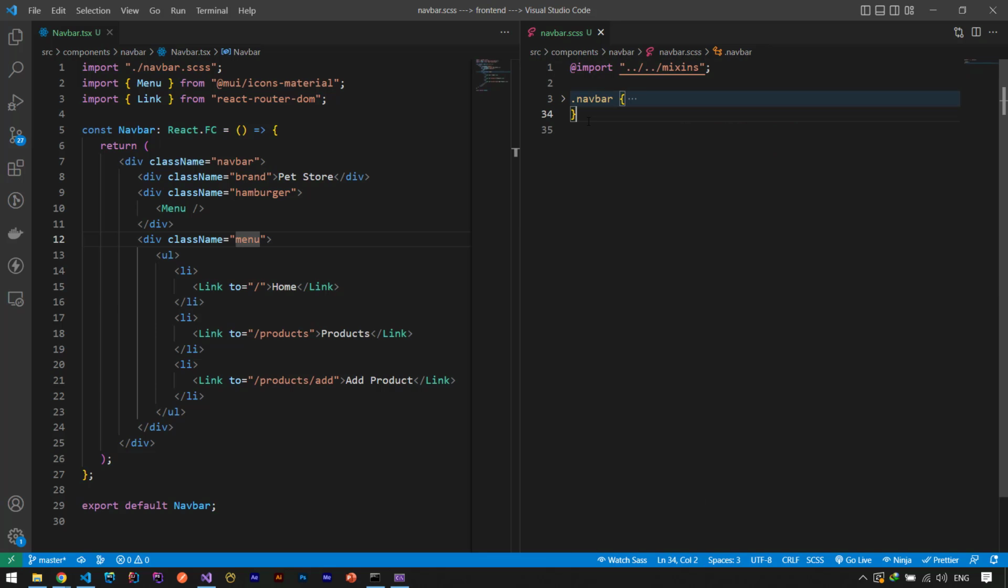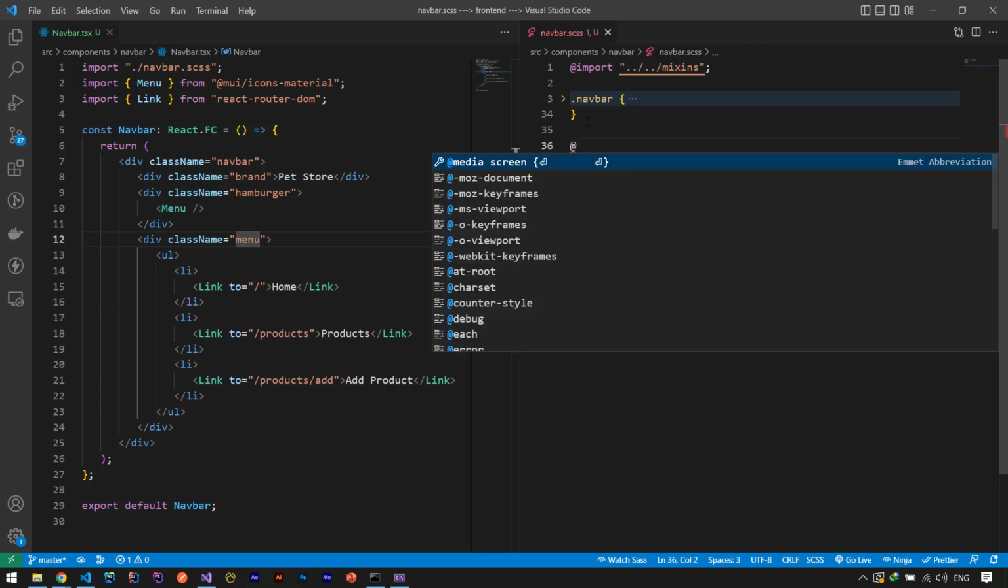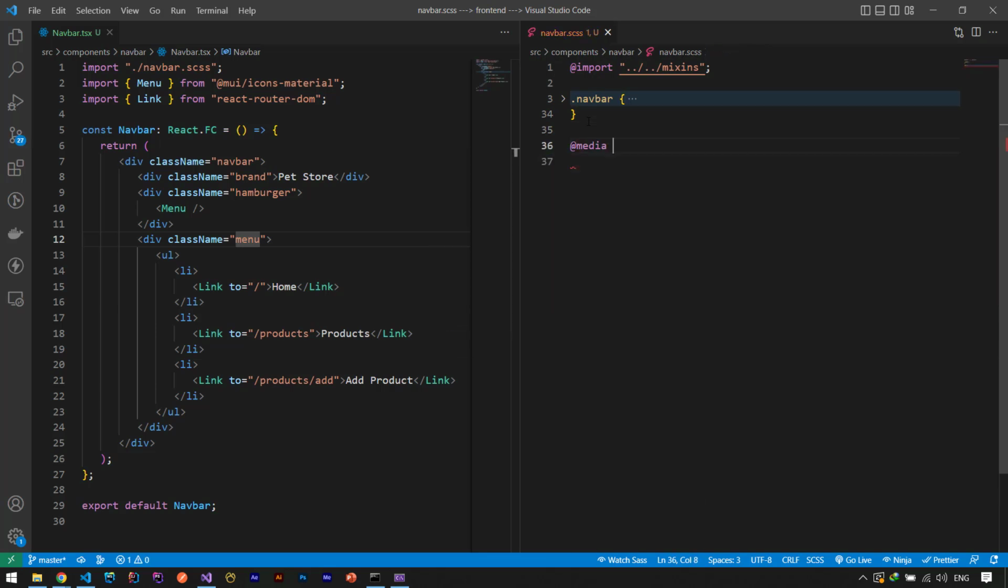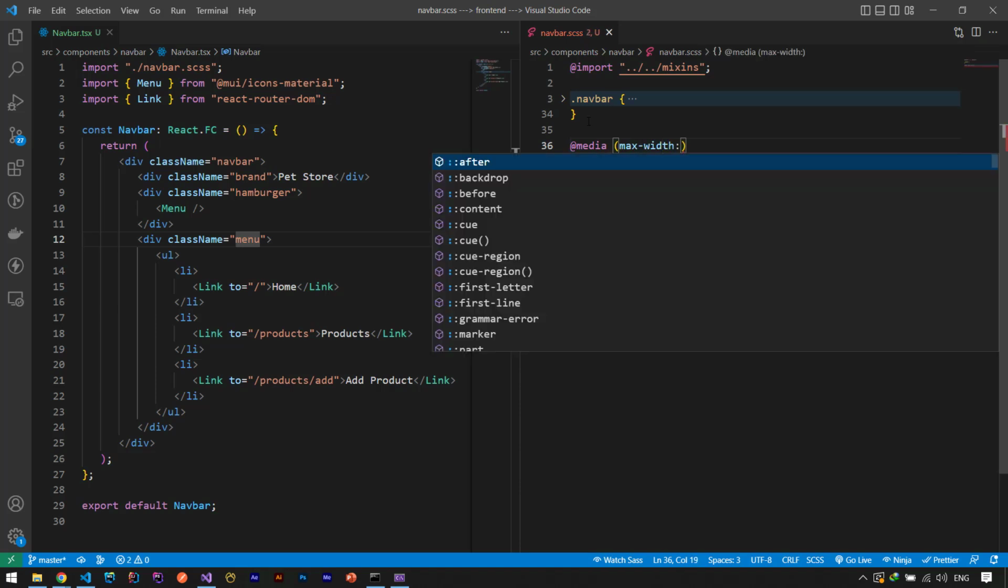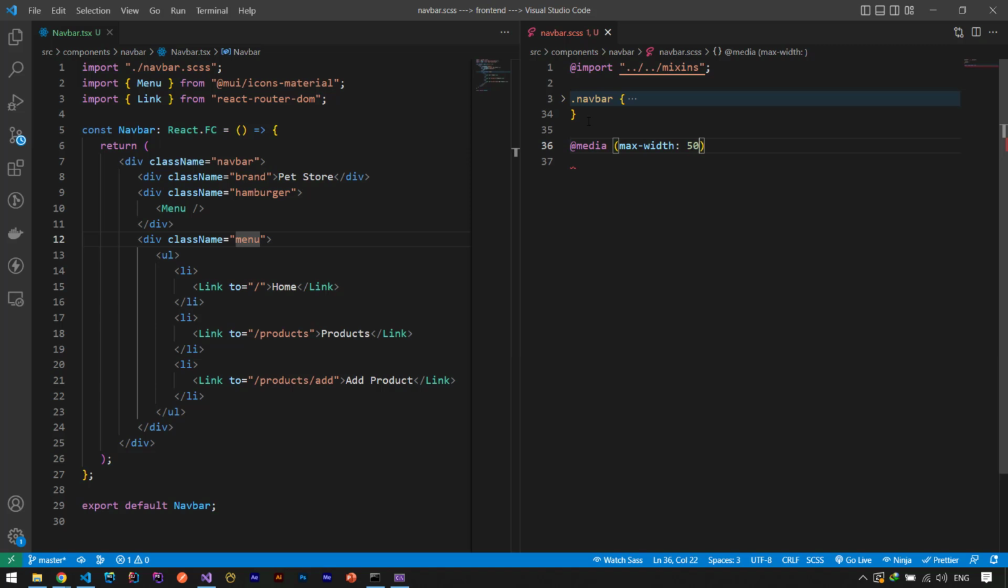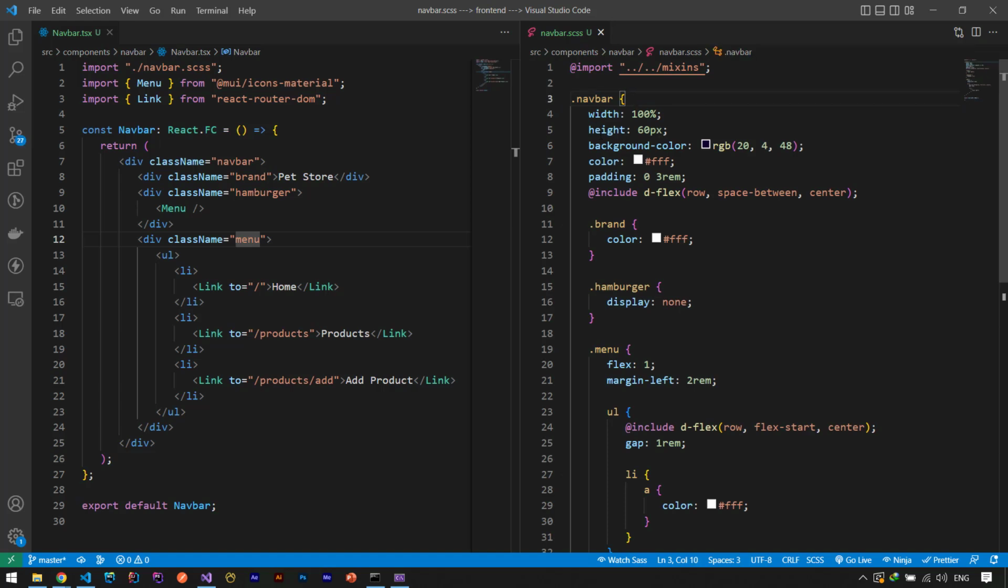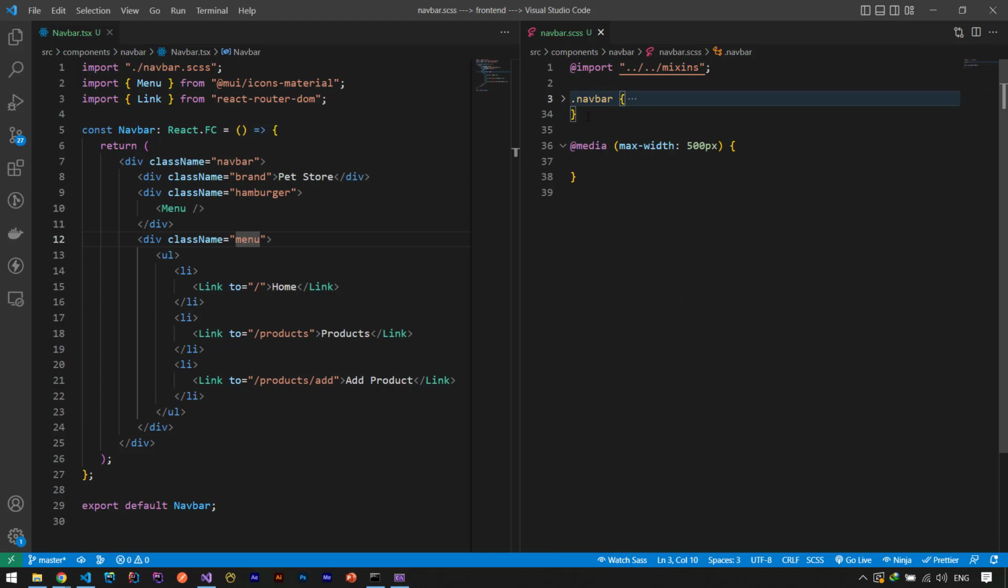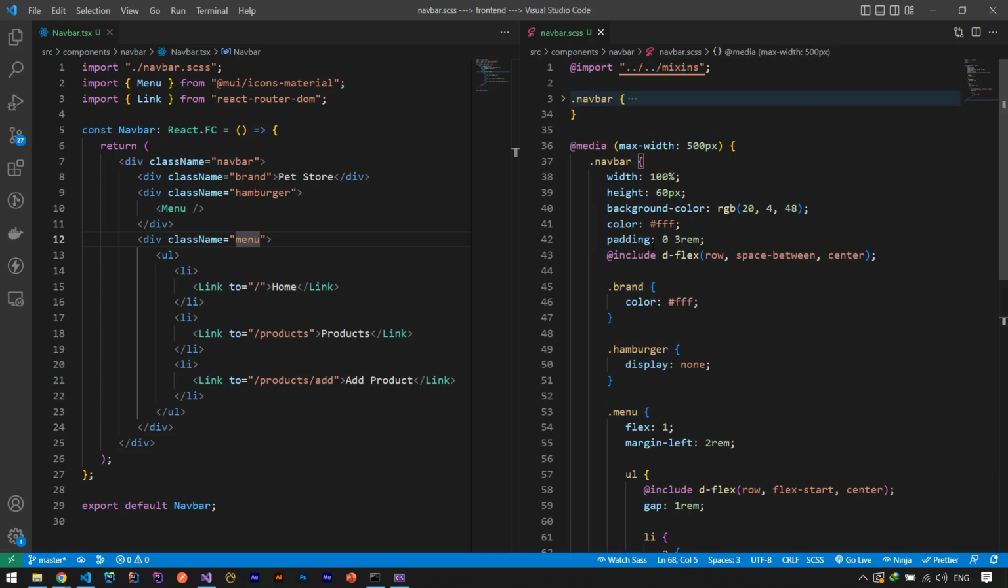So this is my navbar, and after this navbar I create a simple media query. So media of maximum width of, it can be 500 pixels or 600. Let's go with 500 and we check it again. So let's copy all of my navbar and edit everything we want. So let's paste all of my navbar, and here